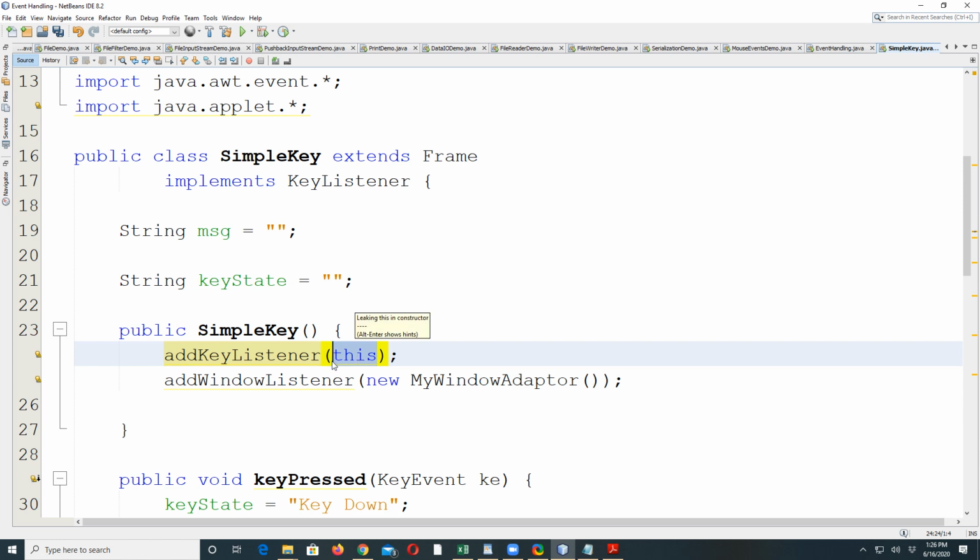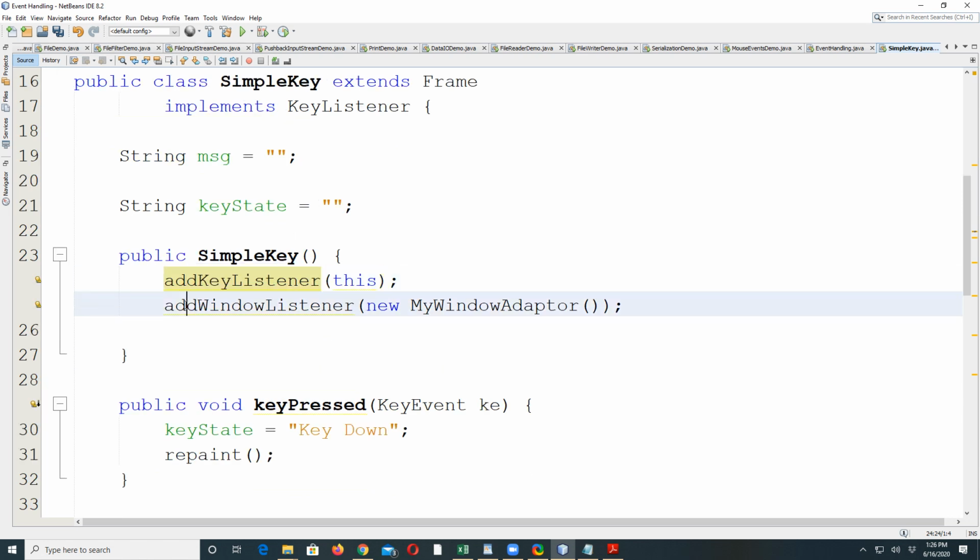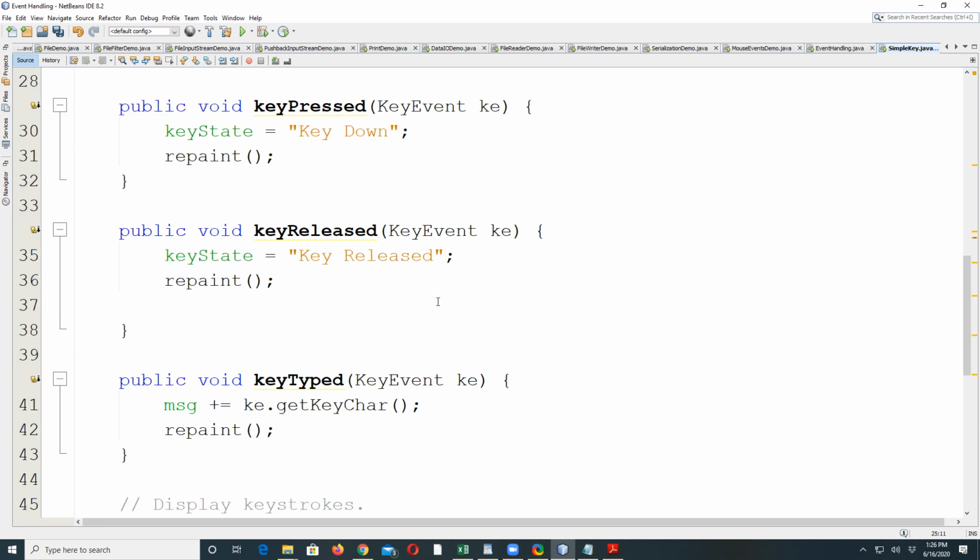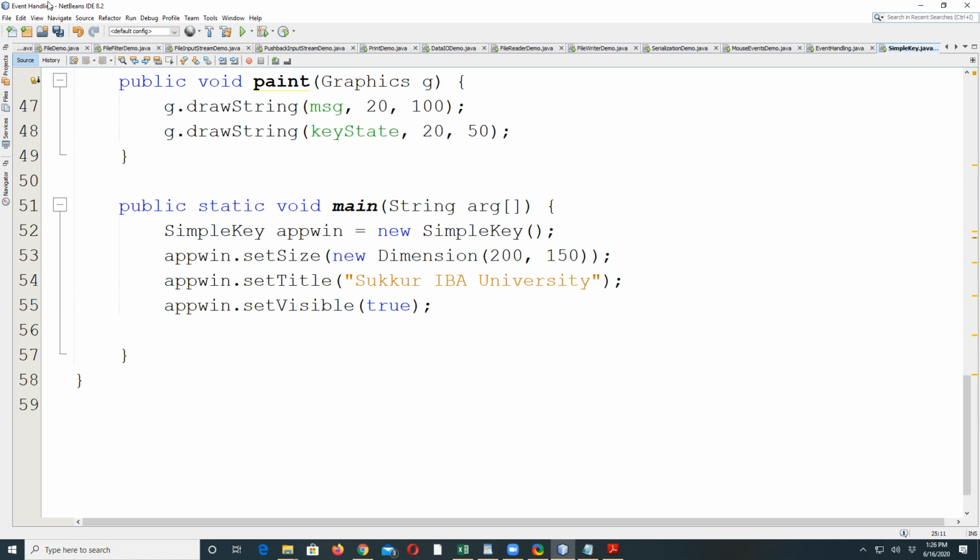And then, as we did in the previous video, we are adding a window listener, and this event is being handled by my window adapter. Inside this we are only closing the window. When we come to the main method, we create a new object of SimpleKey. We set the size of the frame.